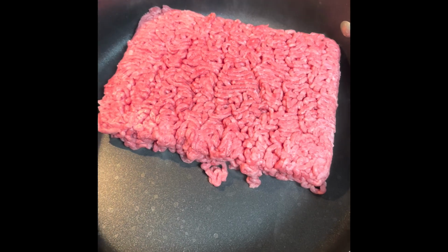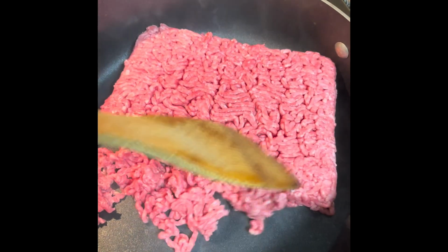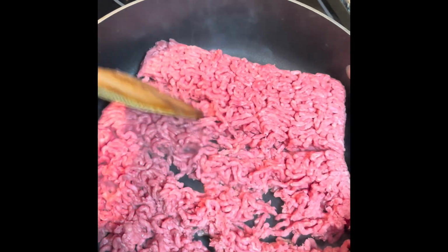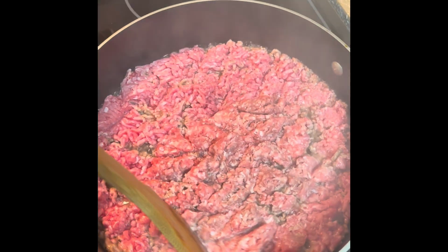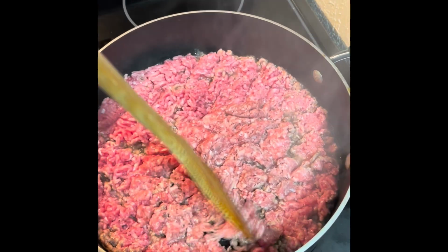So start by browning your ground beef. You want to put it in a hot skillet and then just chop it up. I got one of those things with the handle that you use to chop this stuff up, but it's very hard to clean those, so I stopped using it. I know that only looked like 1 pound. It's because it was. I added another half pound from another packet that wasn't in that initial thing I showed